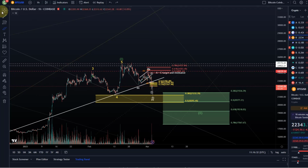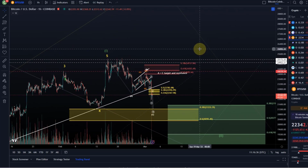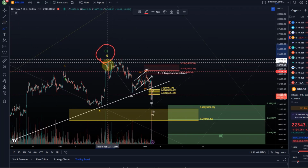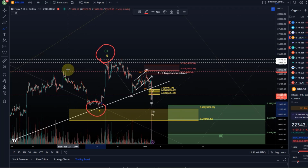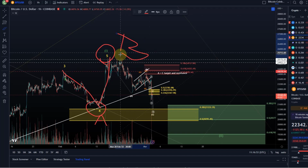Now, what's the other scenario? The other scenario is, as I said, in the short term it doesn't make a great difference. The other scenario is that this fifth wave here never finished, that we actually never started it, that also the 4th wave never finished. How does that work? It works in a way that I say, okay, the move down was just an A wave. The move up is a B wave. So that we have here a situation of a possible running flat or expanded flat. And that in this C wave, or actually,